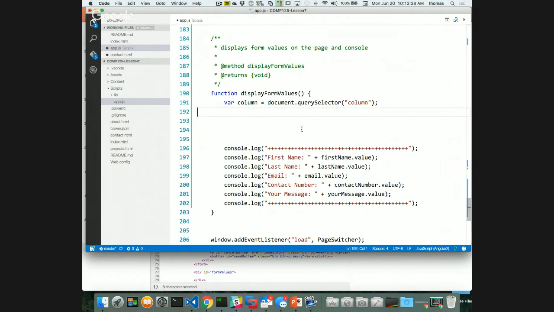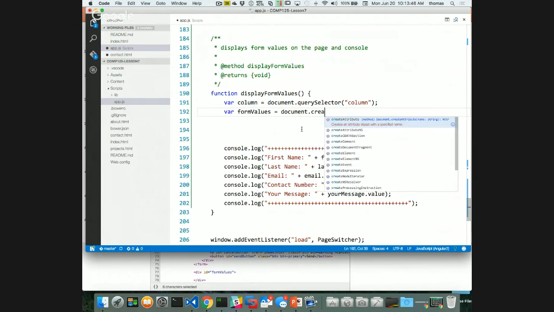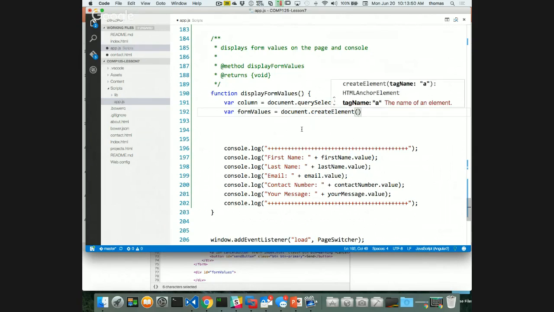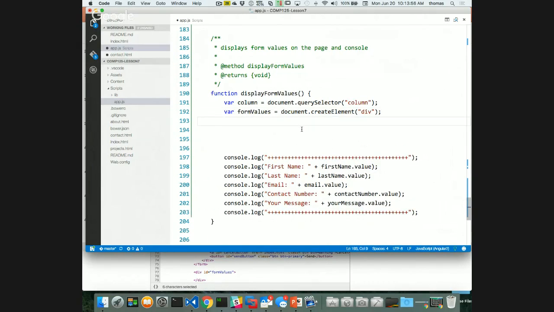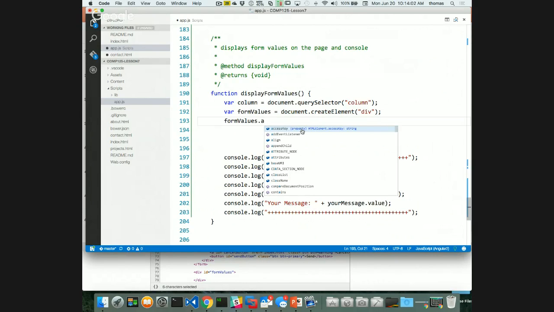Let's do that. So I'll say var formValues, right, is equal to document.createElement div. That's the kind of element that I want, right? My form values element, right? Now that I got form values, I can add an attribute if I really want to. So form values, add